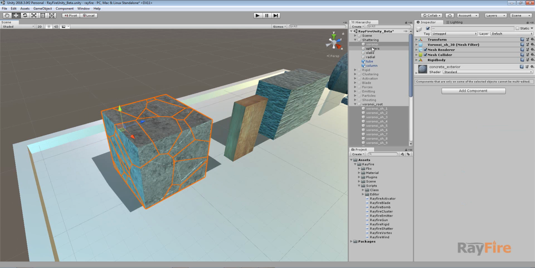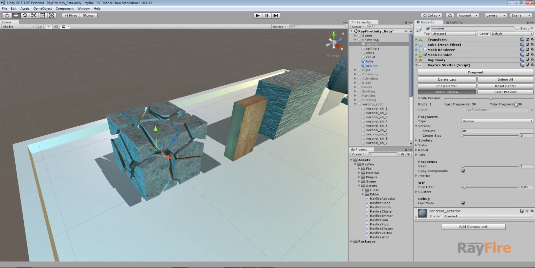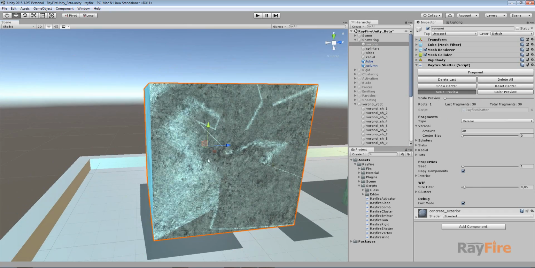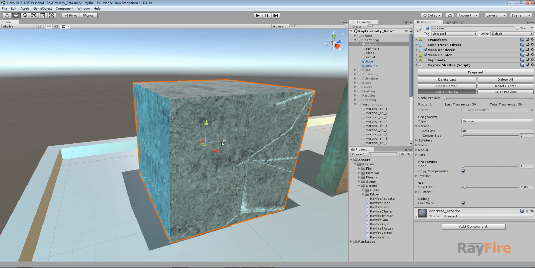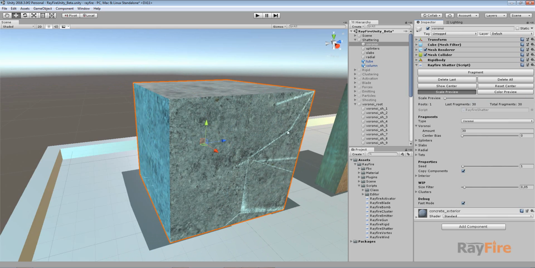But to see this, you need to turn on scale preview and play with the slider. So now you can see the fragments. This glitch is because all fragments and the original object are overlapping, so just move it aside. Okay,